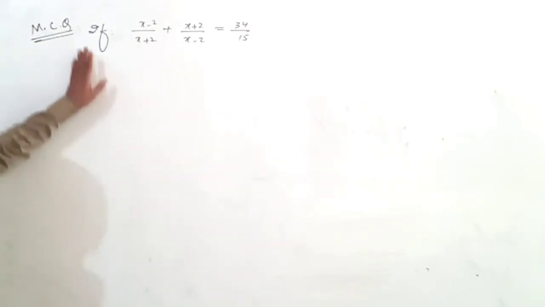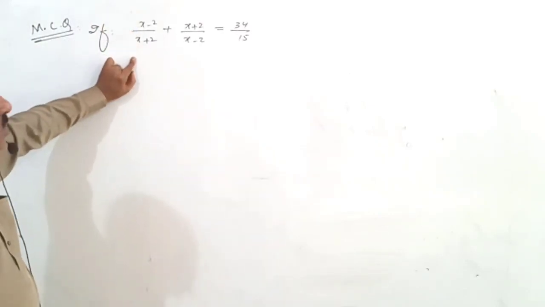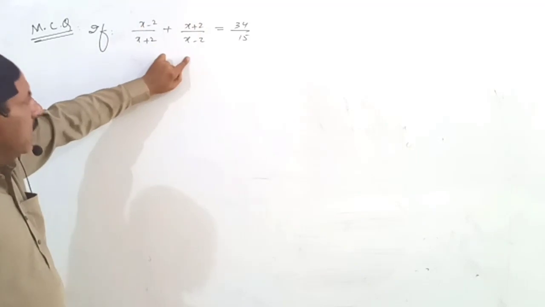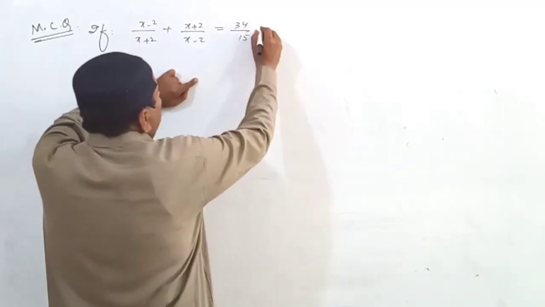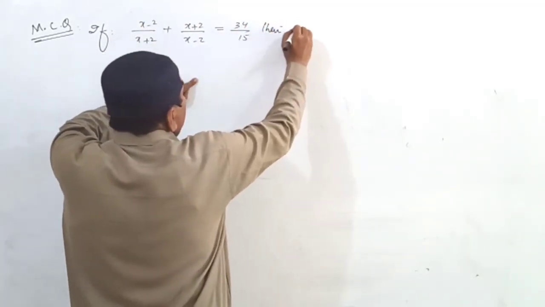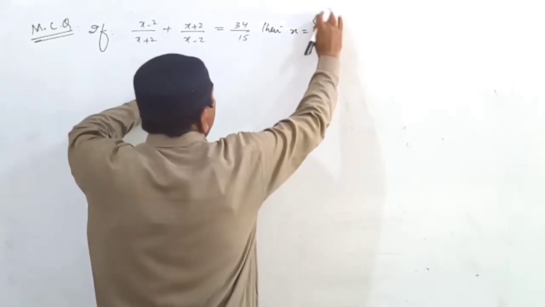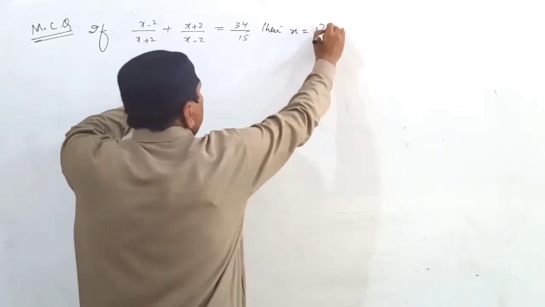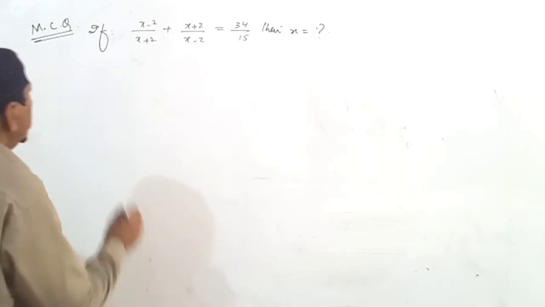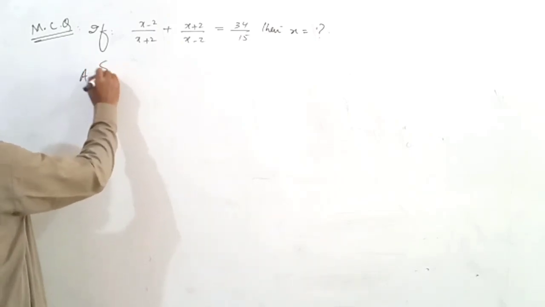MCQ. If (x minus 2) upon (x plus 2) plus (x plus 2) upon (x minus 2) is equal to 34 upon 15, then x is equal to what? A, x is equal to